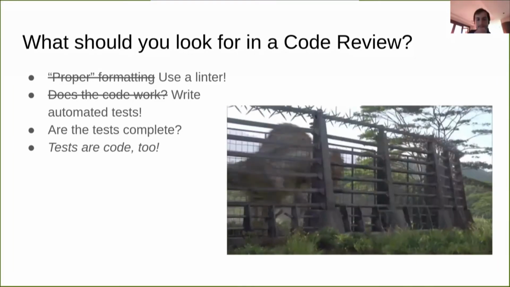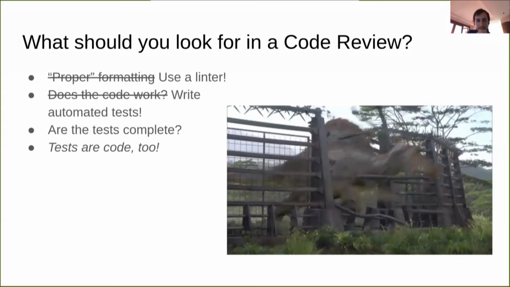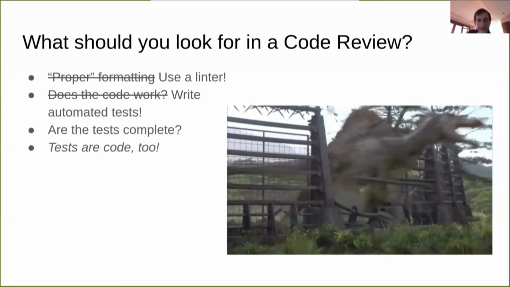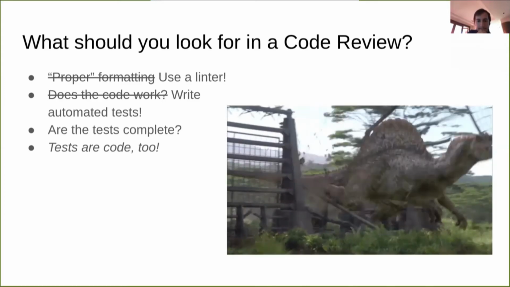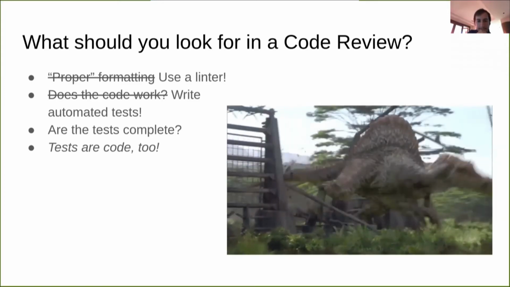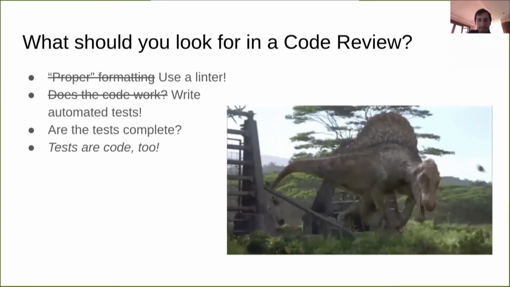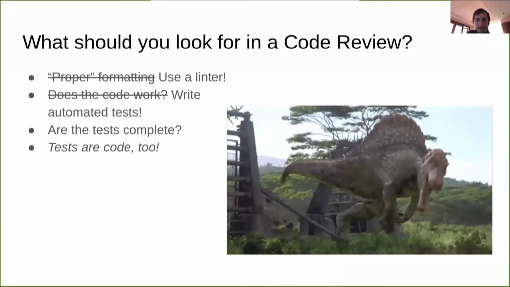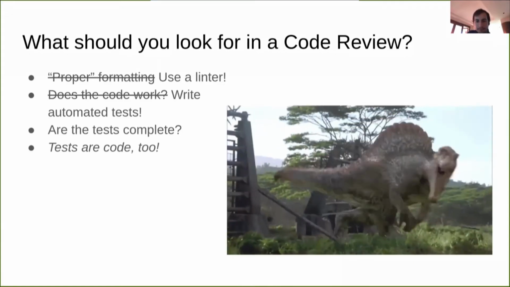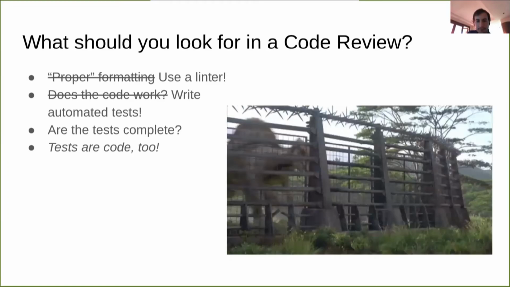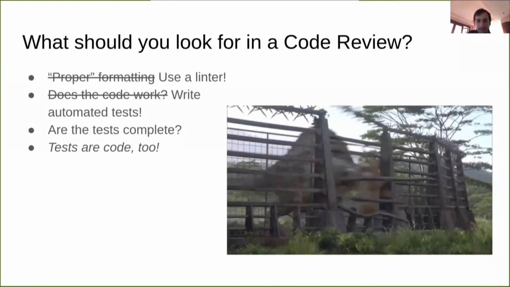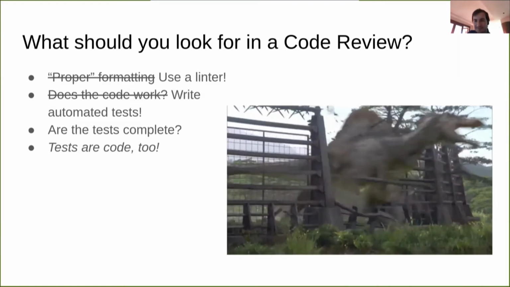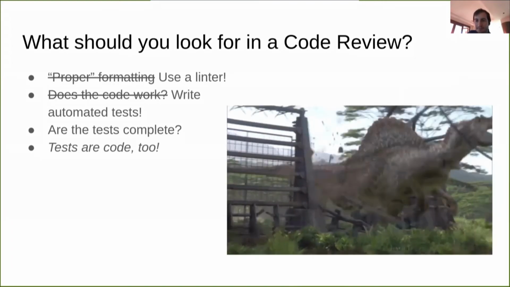But closely related to that, what should be part of your code review is, are the tests complete? That kind of requires human intuition to determine. I mean, there are tools, of course, that tell you a percentage of code coverage or something like that. It could be branch coverage or lines coverage. Every single one of those tools you can tell it to lie. You can cheat and get a higher percentage than is meaningful.